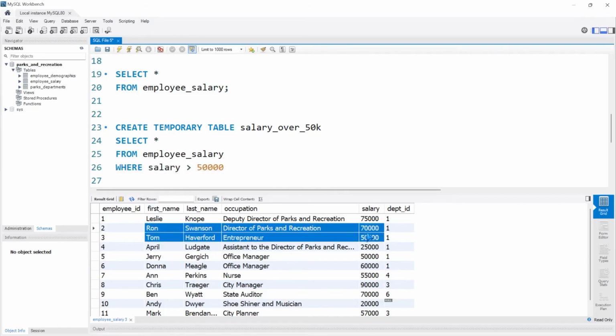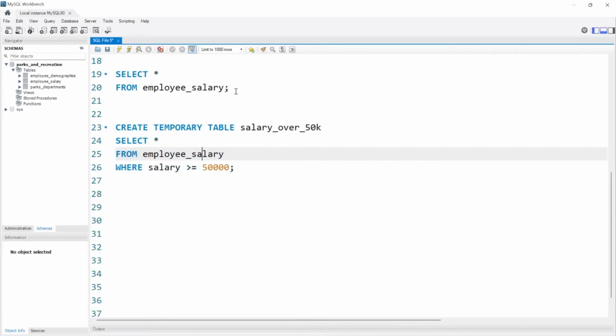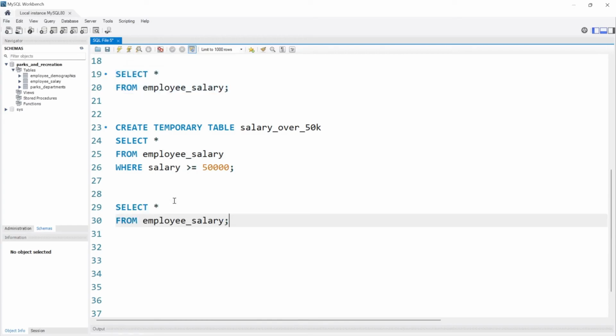Now I want Tom and or Jerry to be included as well. So I'll actually say greater than or equal to. So now we're creating a temporary table based off of an already existing table, and we're just selecting data into this temporary table. So when we run this, now we can select the salary over 50K, and let's run this,